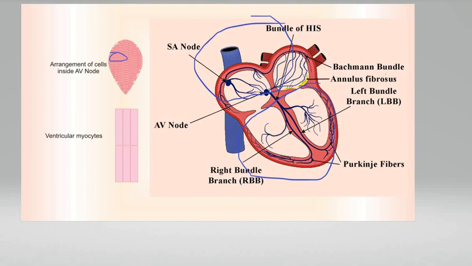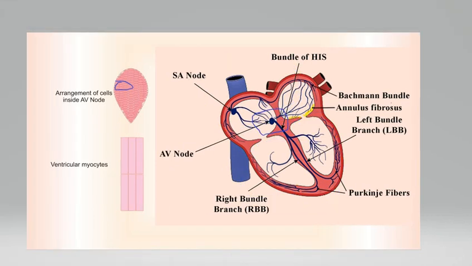Now, another very important thing you should note down is that the ventricular myocytes are filamentous like this, and they are fewer in number compared to nodal cells. So they quickly convey these electrical impulses to the whole lower chambers of the heart and make them contract. These Purkinje fibers send impulses to the muscular wall of the ventricles and cause them to contract, and this force pumps blood out of the heart to the lungs and body.